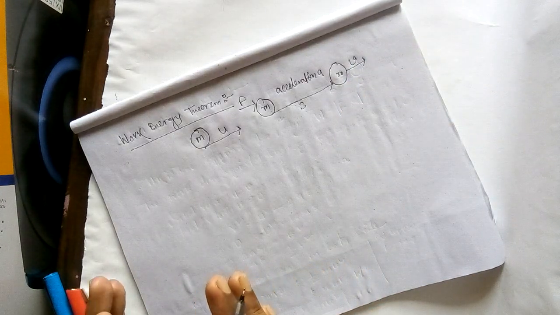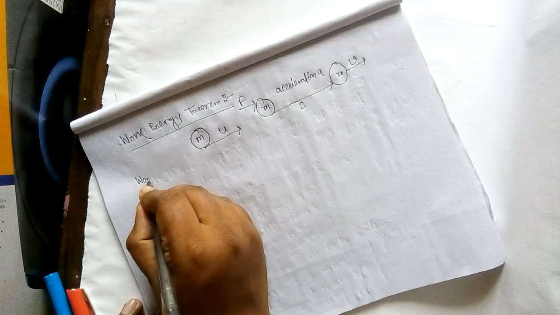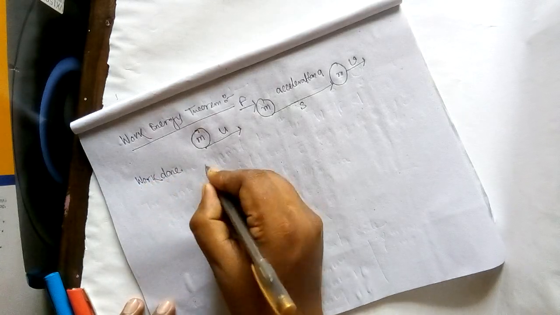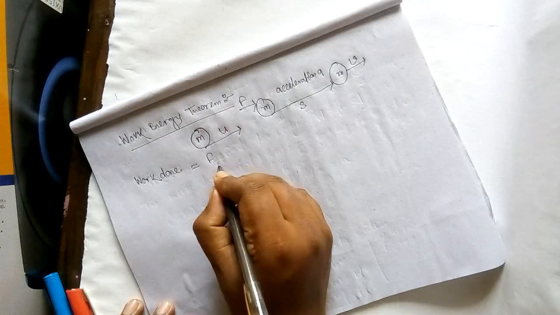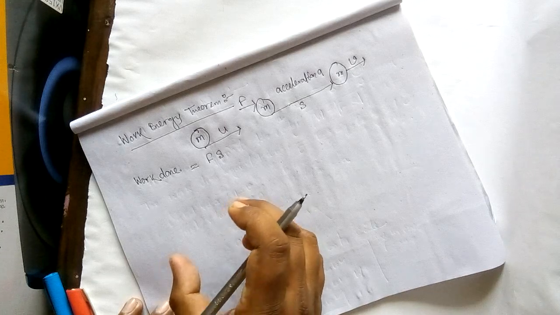Simple thing. The logic is very easy. Mass is m, initial velocity is u, force applied F, and due to the application of force, the body displaces by s distance, and then the velocity is increased to v due to the acceleration a. A very easy idea. Now the question has come, what things we have to calculate from here. First we have to calculate the work done, how much work we have done on the body. Now simply we are applying a force F and it is displaced by a distance s. So your work done is F into s.